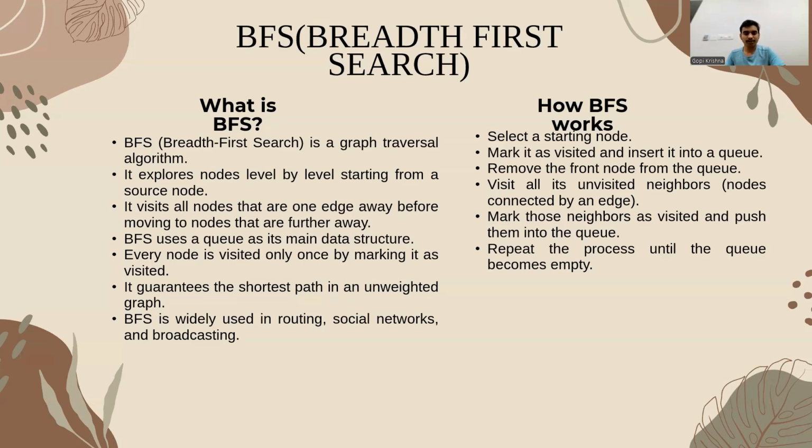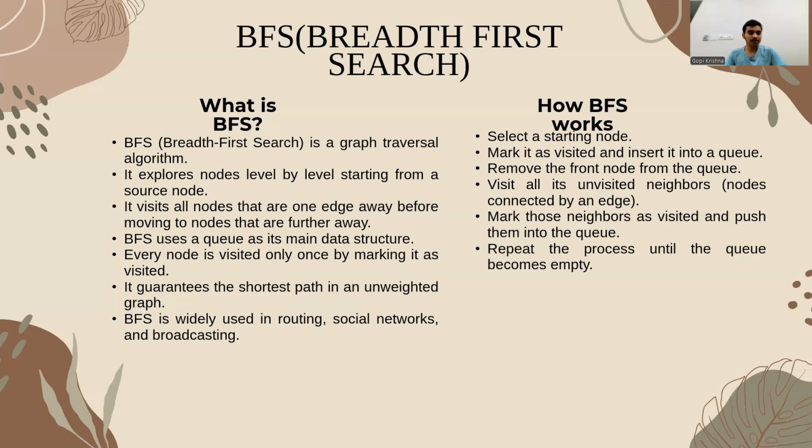How BFS works: select a starting vertex, mark it as visited, and enqueue it. Dequeue a vertex from the queue, visit all unvisited neighbors of that vertex, mark them visited, and enqueue them. Repeat until the queue becomes empty. BFS example: starting from node A, visit level 0, A, then visit level 1, B and C. Applications of BFS: shortest path in an unweighted graph, network broadcasting, spreading messages, social networking, web, AI and